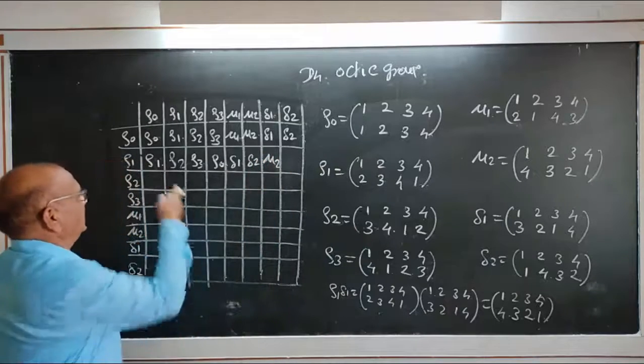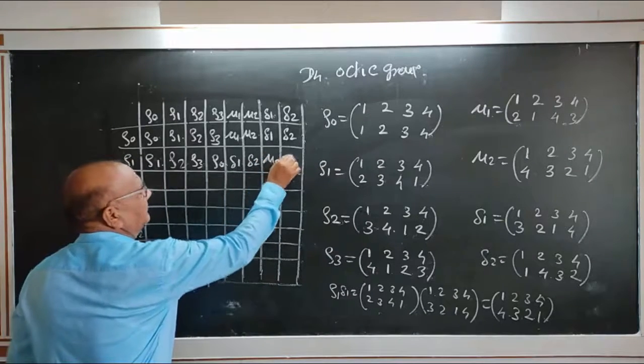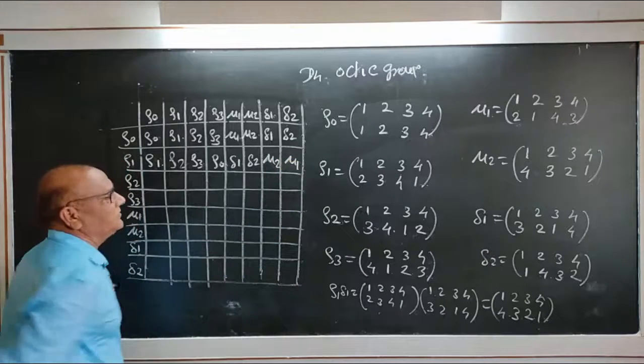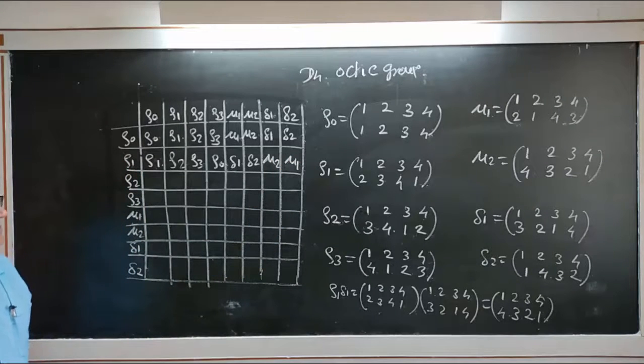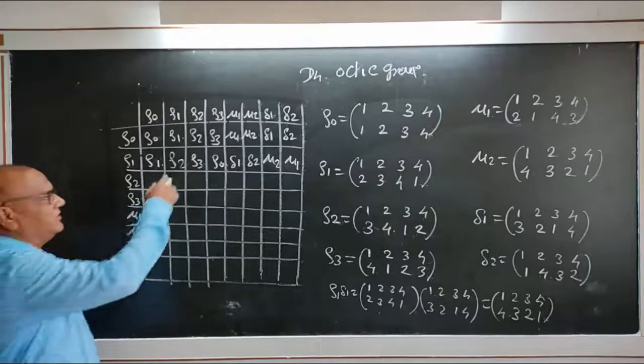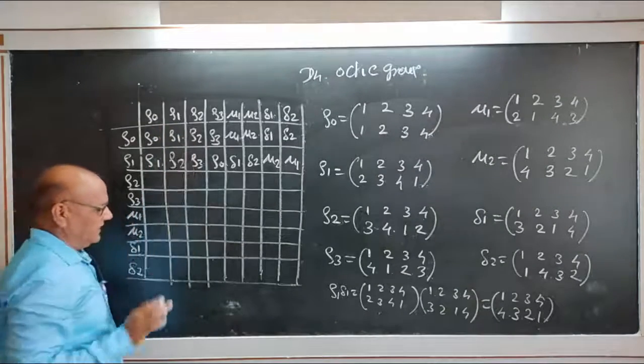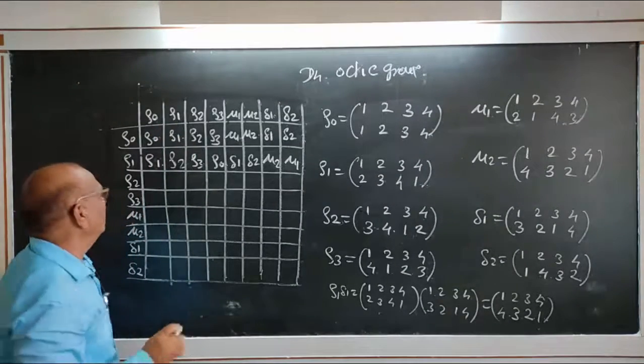Now all entries, only mu 1 remaining in this row. Only remaining, column wise, one entry at one time. Okay. Now